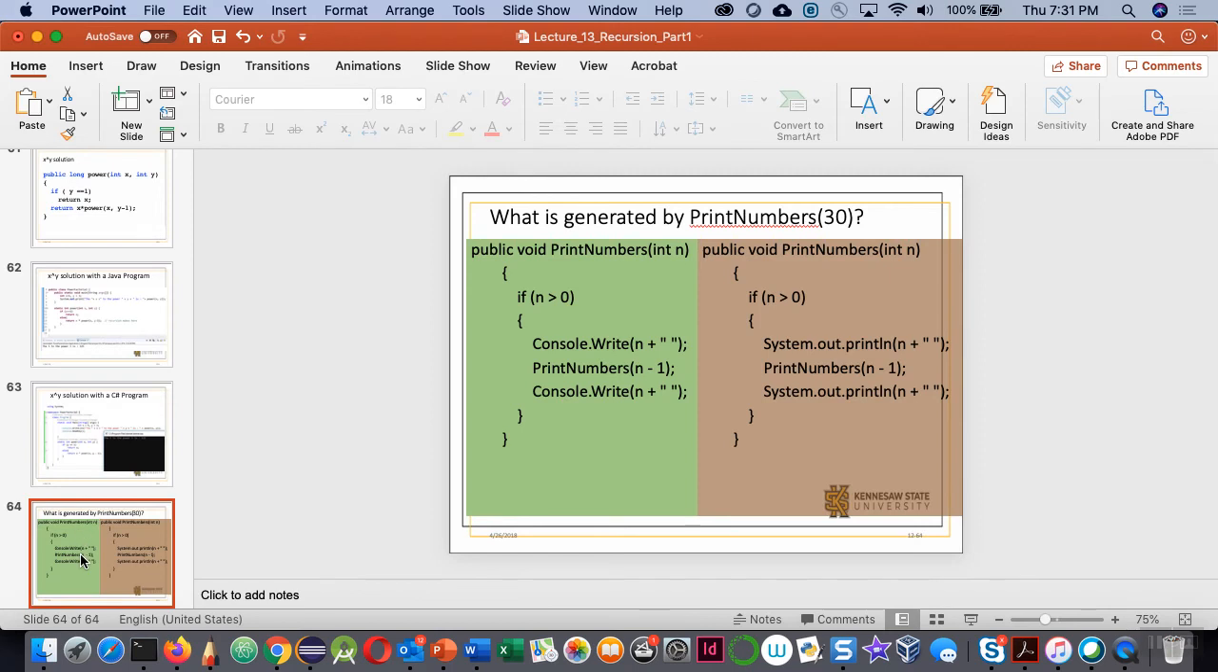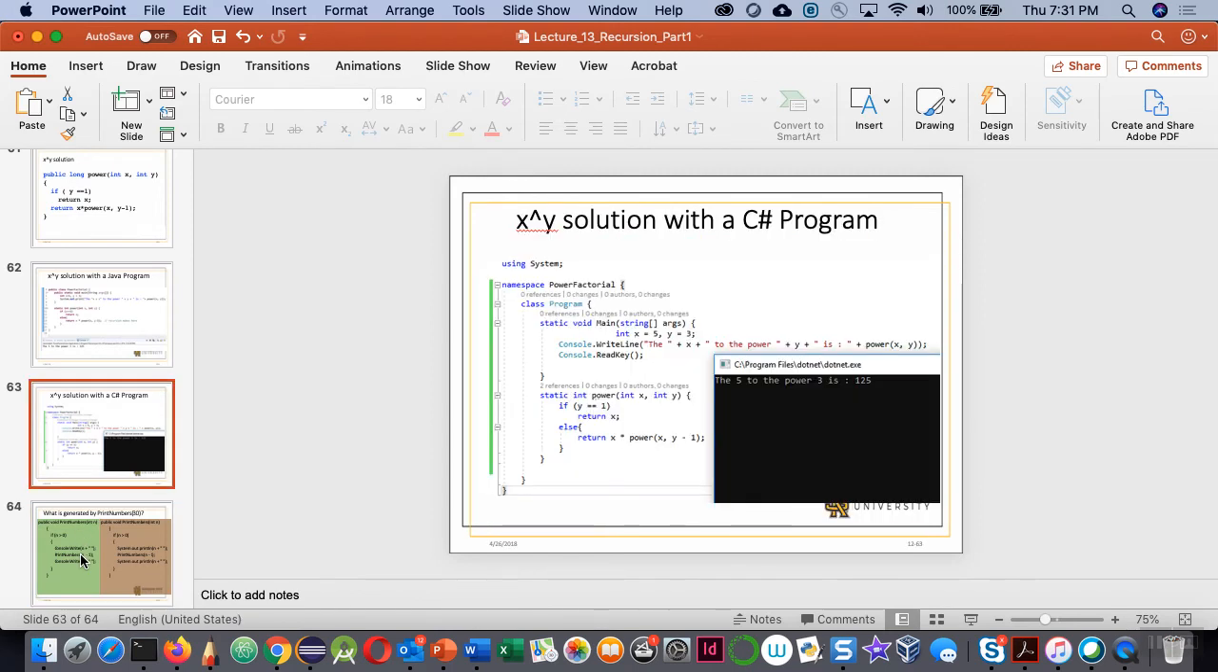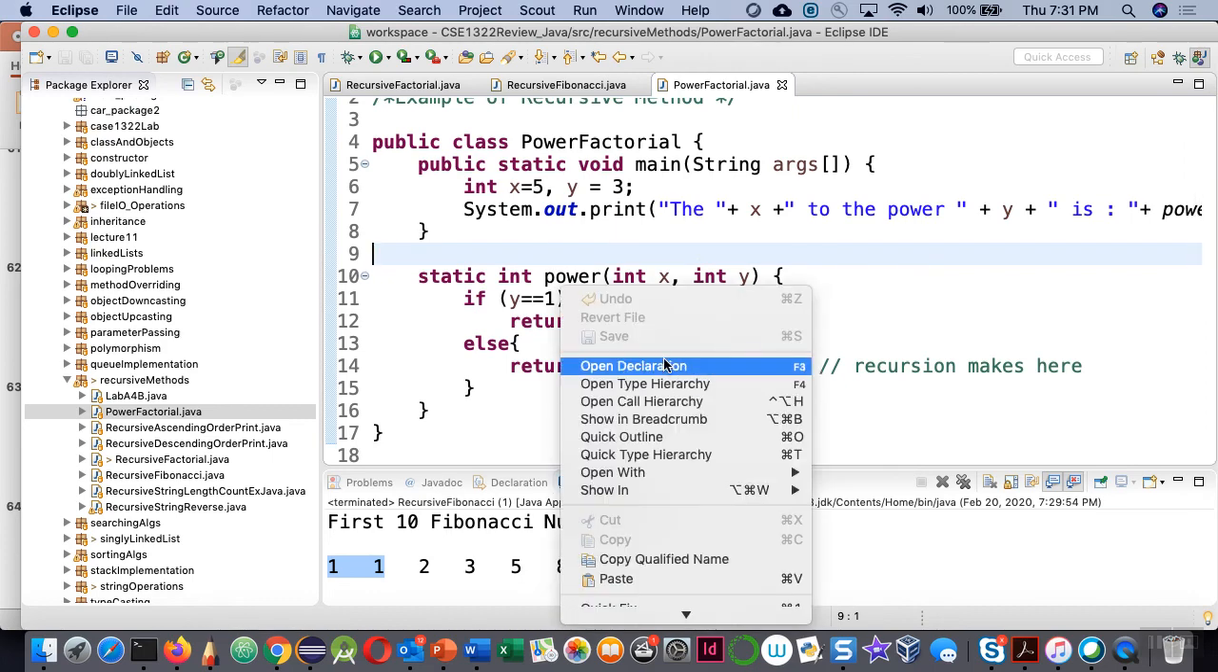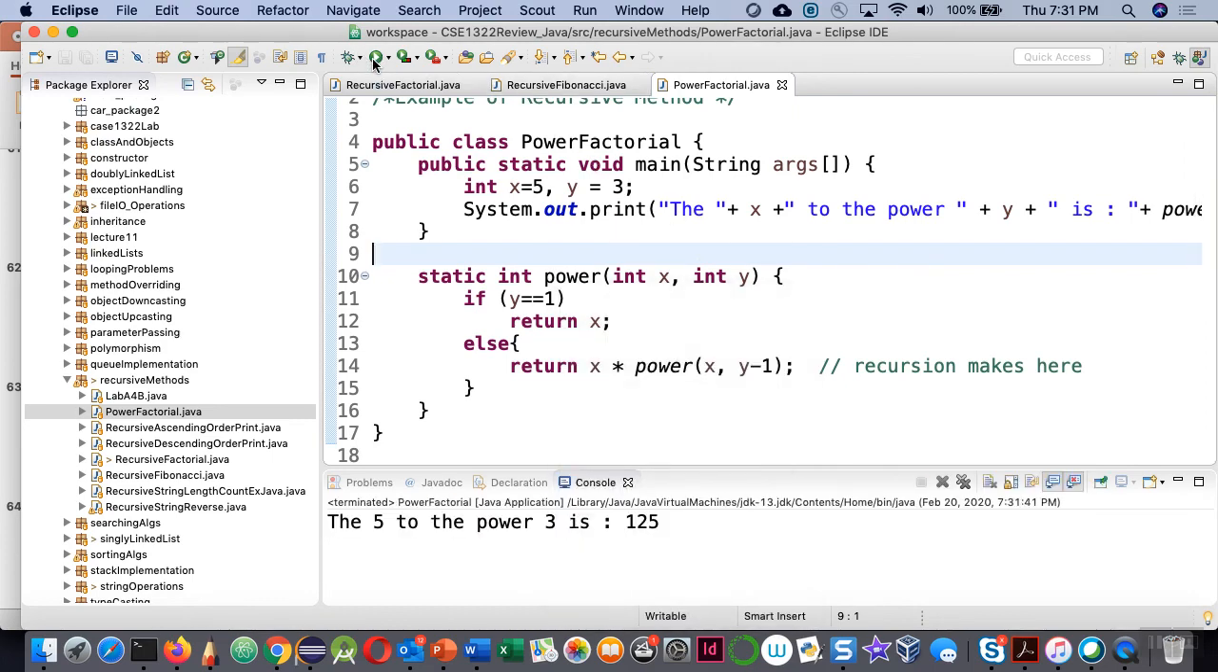This is on my slide, right? The power program, for instance, x to the power y. X raised to y, right? Now 5 to the power 3 equals 5 times 5 times 5, right? Equal to 125, right? So this program is here. The power function works that way. So recursion is going on here, right? It is multiplying by x, and it is calling itself with y minus 1. Okay, and